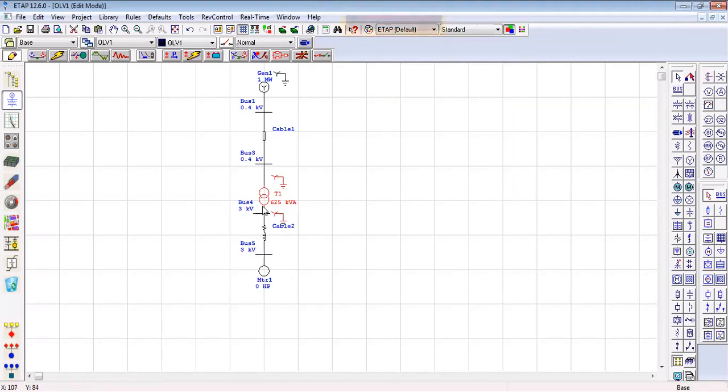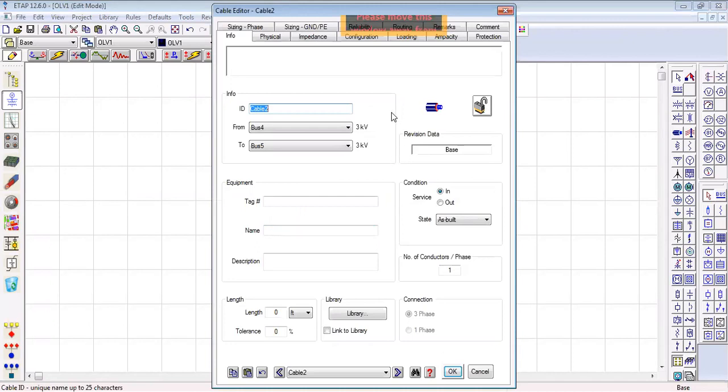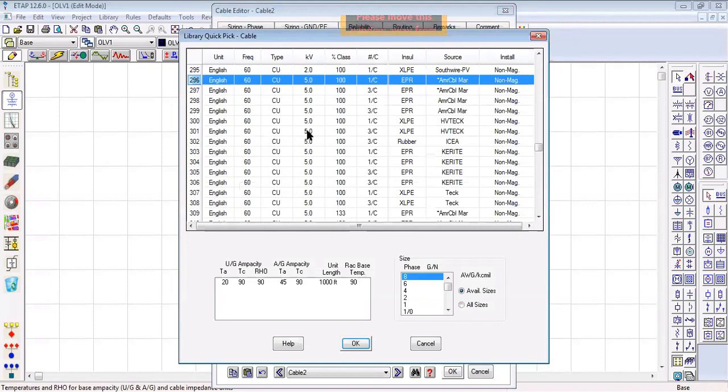Now again come to the second cable. Just double click on it. Info, let's change the conductor to again 2 conductors per phase. Give here the length, again I am assigning 20 in meters. Okay, this is the library open.